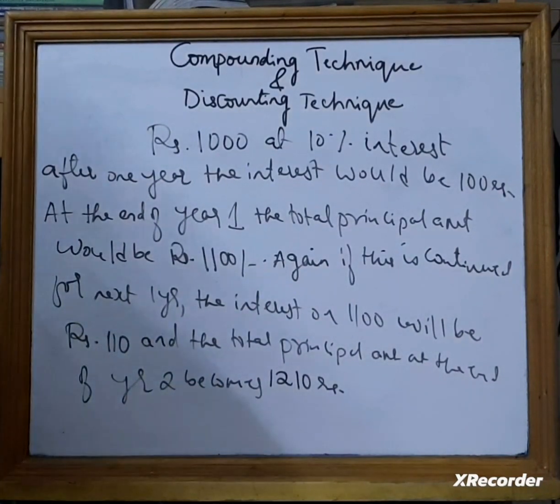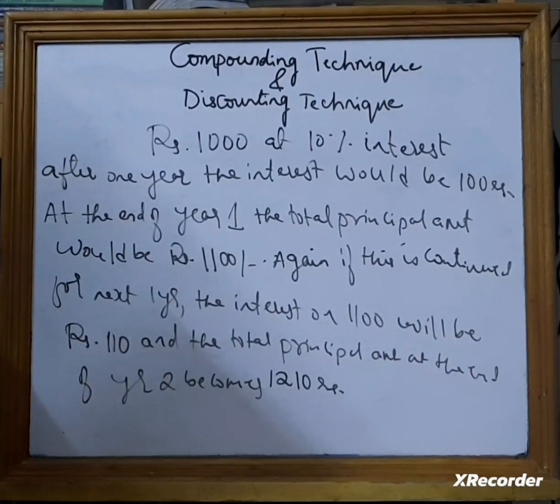This is what is called as compounding. Interest is compounded when the amount earned on an initial deposit